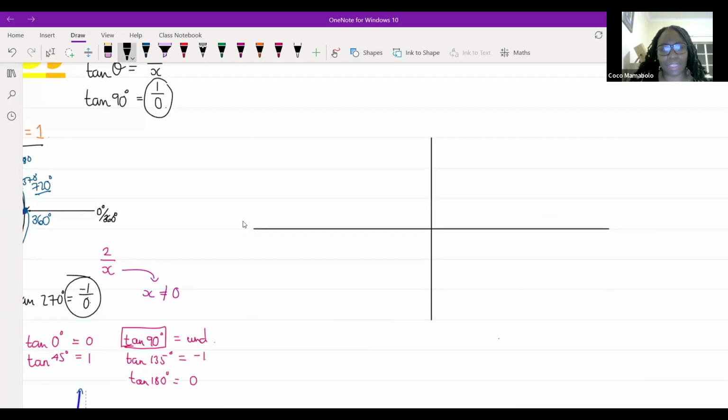Good. Lovely. Okay. So if I go all the way around to 720, I'm going to end up at 360 again. So when we're looking at the sine graph, if my sine graph has been drawn from 0 to 360, let me draw it a little bit smaller to make my point. If my graph has been drawn from 0, goes up all the way to 1, back down to 0 at 180, down to -1, and then again at 360,